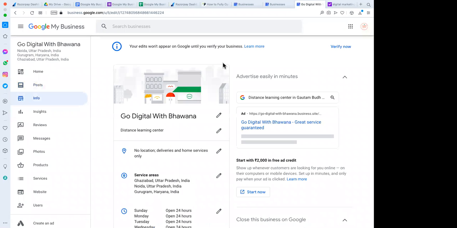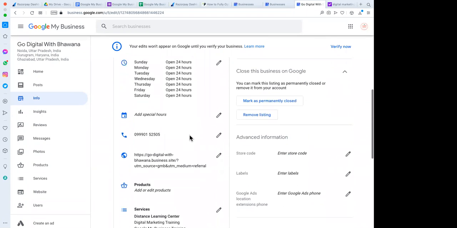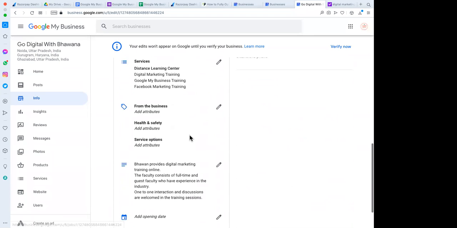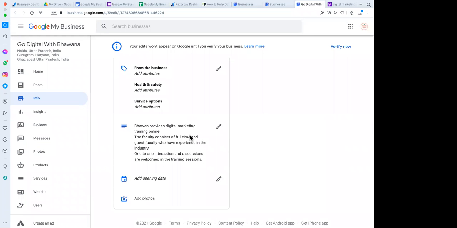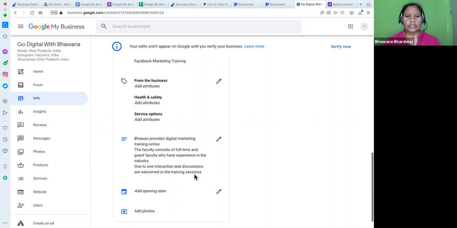Ma'am, yes. In my Google business page, I'm not able to see this post option, ma'am. Yeah, everything I had on your left home info like that, but post I didn't get that option. Post, why, ma'am? So we have to look into that. Why post option is not appearing to you? We will look into that. So you can just share the screenshot with me on WhatsApp. I will look into that. Right. Okay. So we will look into that.